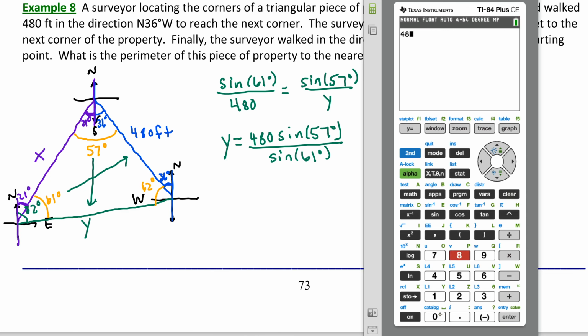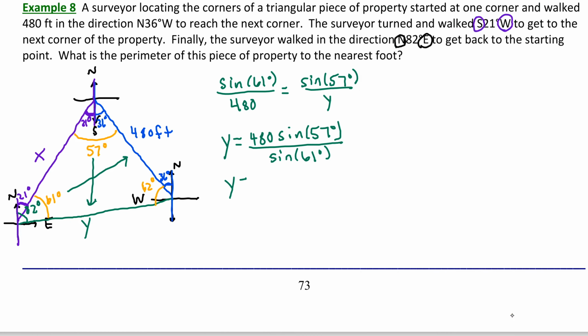We need to round our final answer to the nearest foot, so we'll take this one decimal place more in order to keep our calculation a little more accurate. Looks like we get 460.3 for the length Y. And that's in feet. Now, once again, we can use this ratio and set that equal to sine of 62